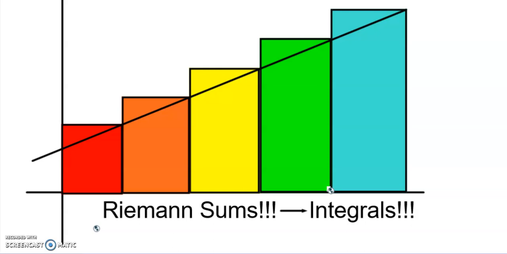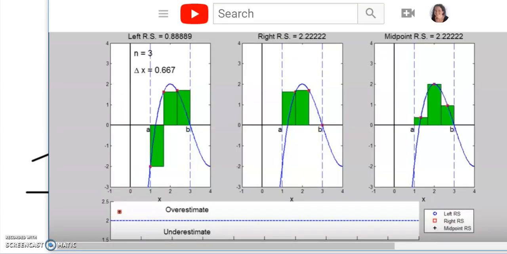All right, so we've been looking at this idea of summing up rectangles underneath a curve in order to get the area, or the exact area. And so when we do the rectangles, we refer to those as Riemann sums. Well, after we get to those infinite rectangles, we then create a new notation for calculus called integrals. So I wanted to show you a quick little animation of what it looks like when we start talking about